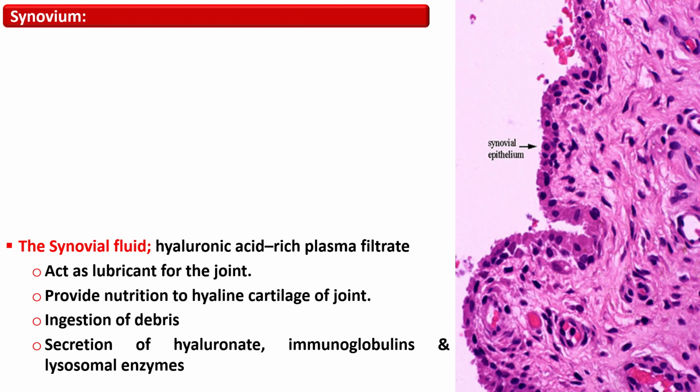You can see that there are two types of cell in these synovial lining, which are 1 to 4 layers thick, and one is type A and another is type B. The type A cells are specialized macrophages with lysosomal enzymes and dense bodies, while type B are fibroblast-like cells and